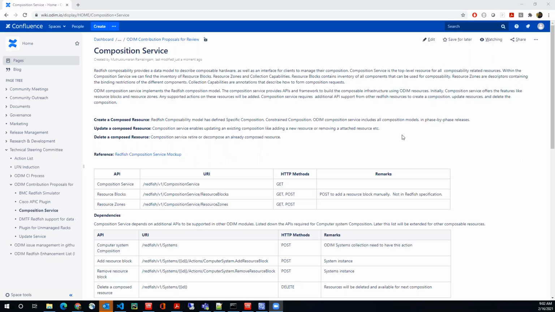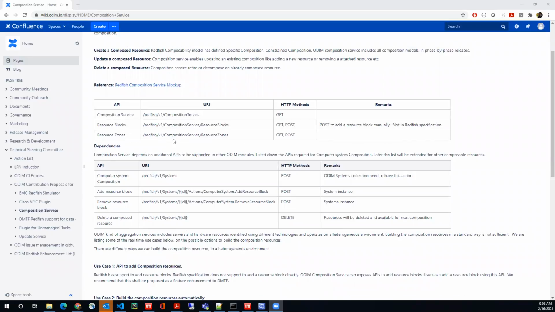So we stick with the current composition service APIs because the other new things with additional APIs are now being worked out. So we start with this one, and when that is released, we can integrate those APIs. Basically, the composition service exposes the APIs: resource blocks, resource zones, and the core composition service API.